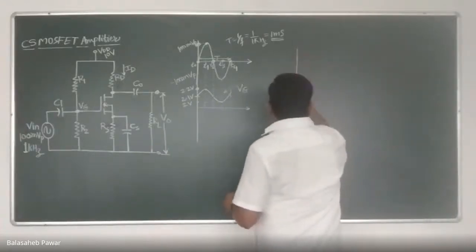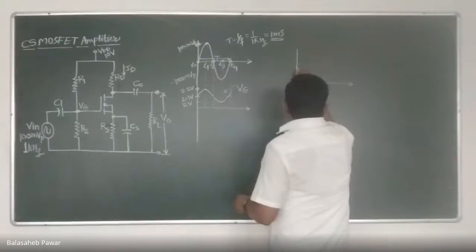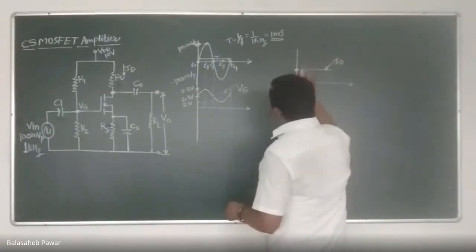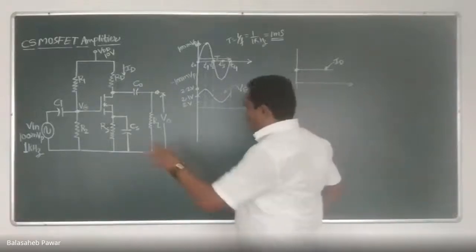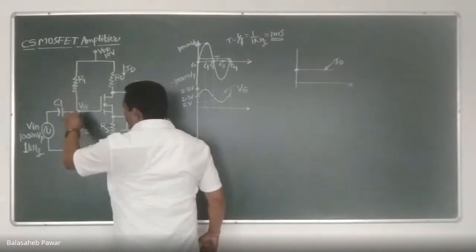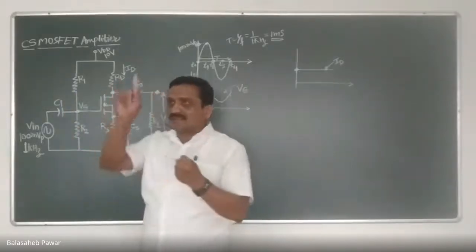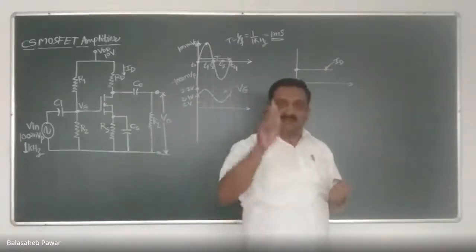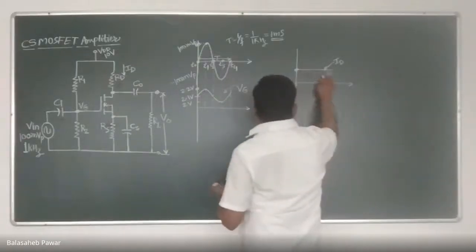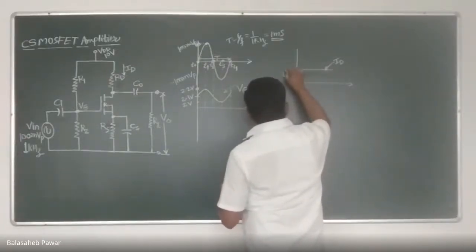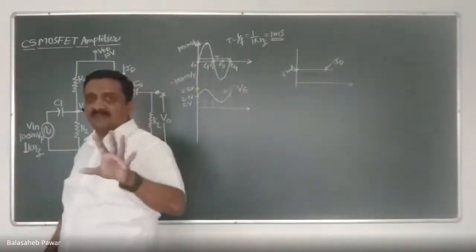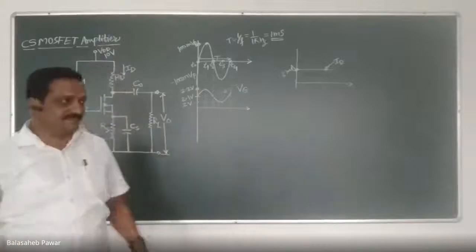The nature of ID also will remain constant like this. This is the waveform for ID, right now. But in the absence of input signal, there will be a fixed gate voltage of 2.1. By that 2.1 as a fixed voltage, whatever current will be able to flow through that device will be fixed, or we can say constant current. And that current, I think yesterday we considered it as 2 milliampere, and practically we are getting somewhat closer to 2. So we'll consider 2 milliamp as a constant current, right?